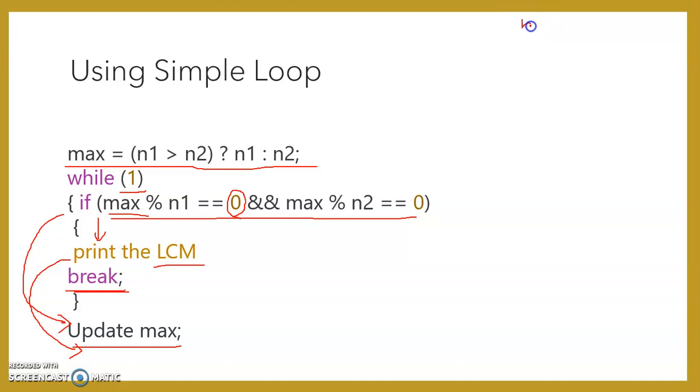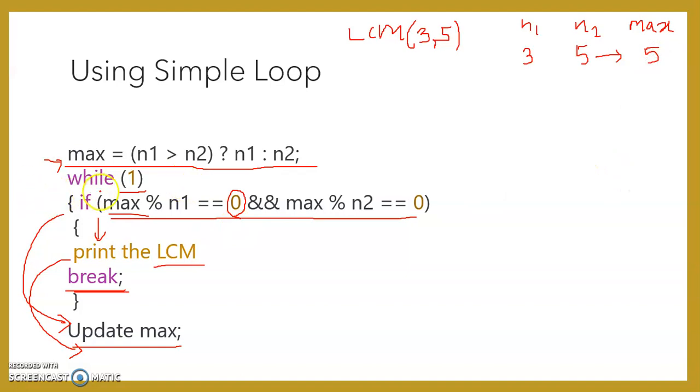So we will take two numbers, n1 and n2, and this max. I'll take smaller numbers so that we can finish fast. One number is 3 and another number is 5, and I need to find the LCM of 3 and 5. Okay, so now just go with the first statement. Find the max number out of 3 and 5. Which is the maximum number? 5 is the maximum number. So just put it in the max variable as 5.